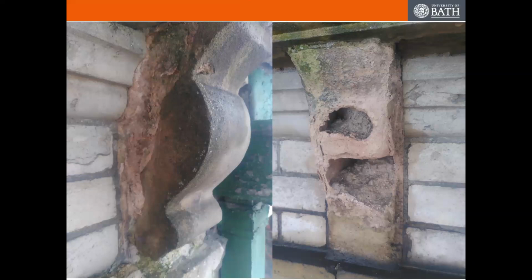Some of the buff stuff is definitely weaker because they achieved that color by underfiring it. Some of the other ones appear to have been fired extremely well, and the amount of iron in the sample and the color it ended up being doesn't appear to be as correlated as strongly as you think. And one of the possible reasons for that is the iron is starting to act as a flux in the